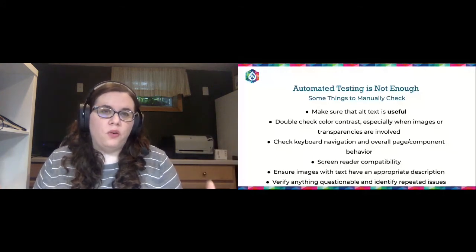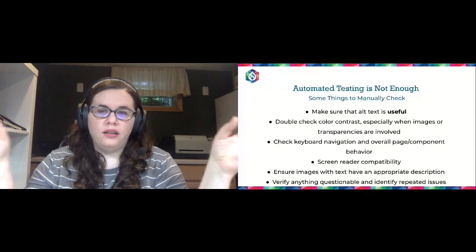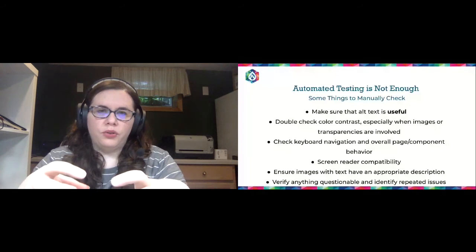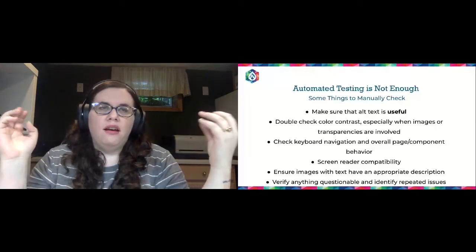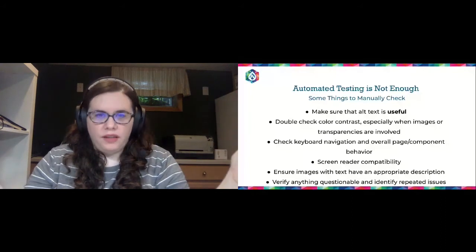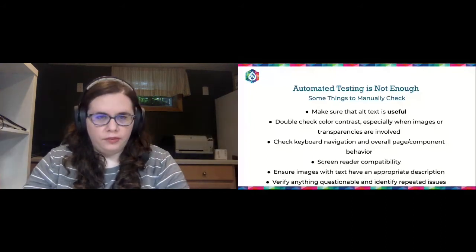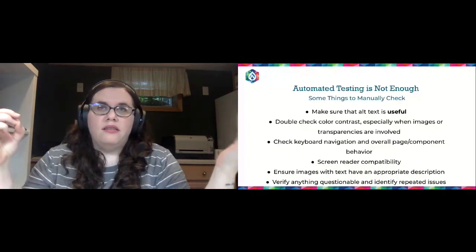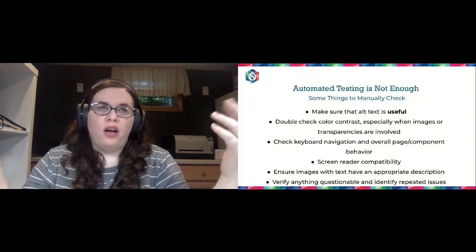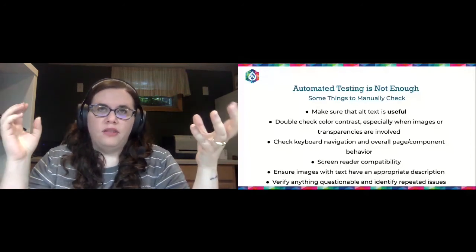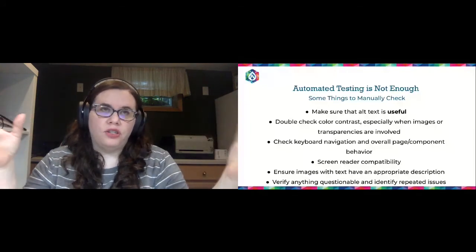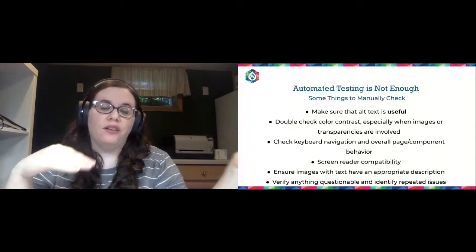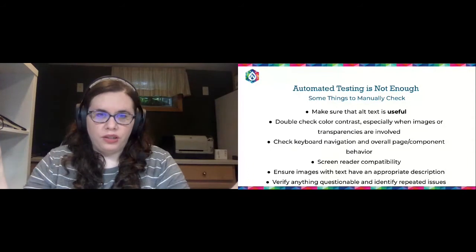And especially if you have a transparency over an image where there's differences in color variation, that can really mess with it as well. So what I like to do is I will take 3 color samples. So the lightest, the darkest, and then some sort of color in between, and check against all 3 of those. And then see, do all of these match? And if they do, I'm probably okay. But then also with images, contrast in images are important because the users need to be able to see what's in it. So if you have a logo or anything that the user actually needs to be able to make out, if the contrast is insufficient, they can't see it. But at the same time, the testing tool can't actually get the color of the images. So that's a good thing also you should be looking at.